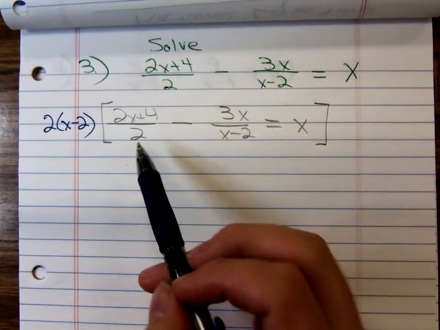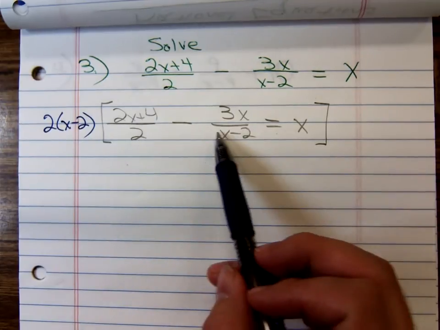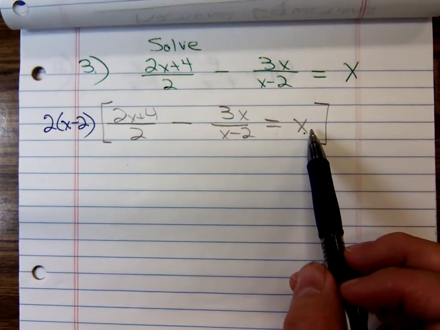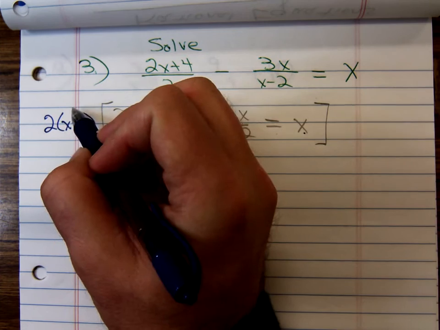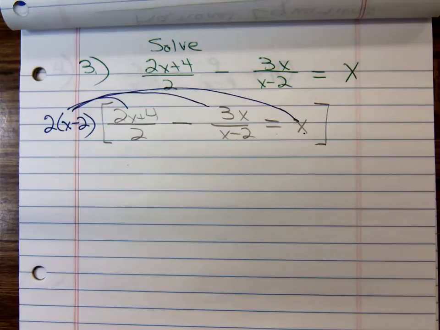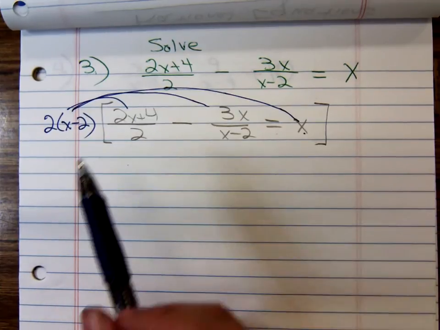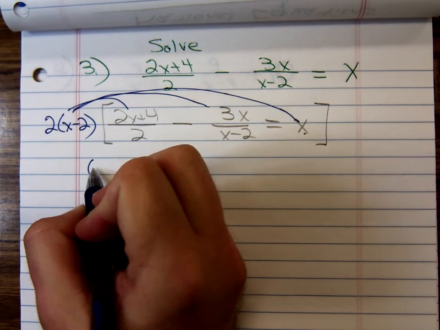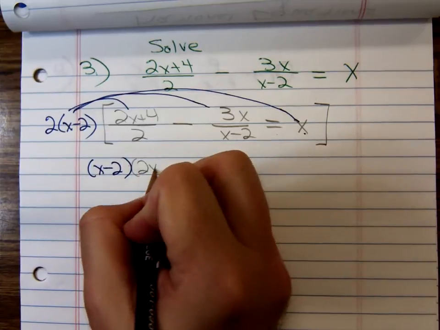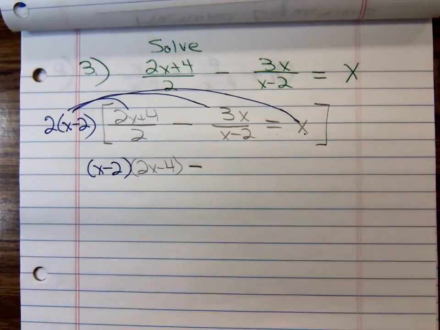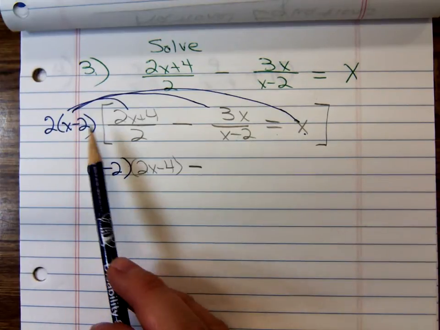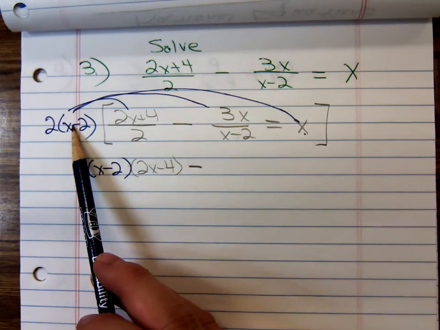And realize that fraction is a single term. This fraction's a single term. Moving to the other side, we have another term, x. There are 3 different terms here. We're going to have to distribute this 2 times x minus 2 over all 3 terms. In the first product, the 2's cancel. That'll leave me the x minus 2 times the 2x plus 4, minus. Now the second product, the x minus 2's cancel, so all we have is a 2